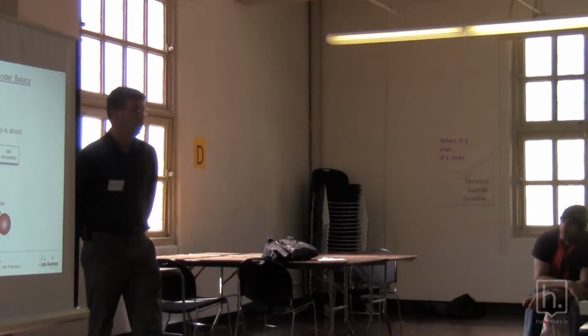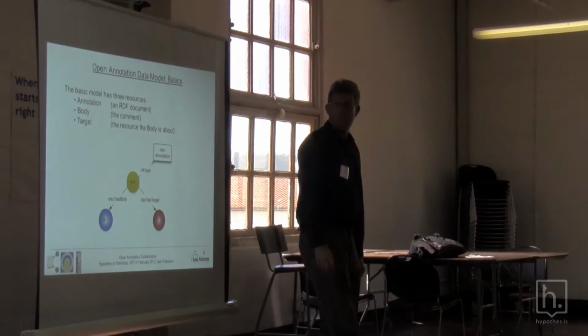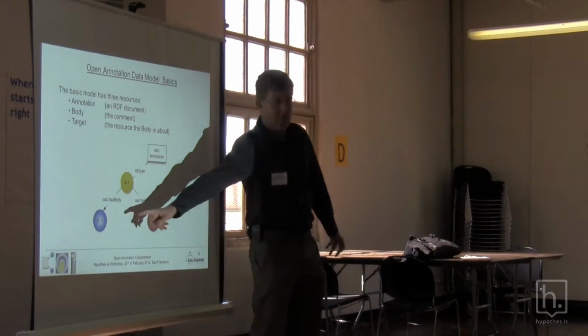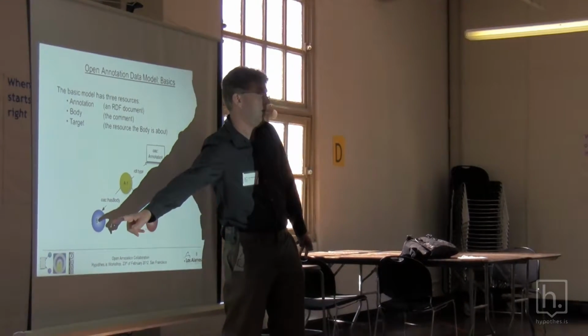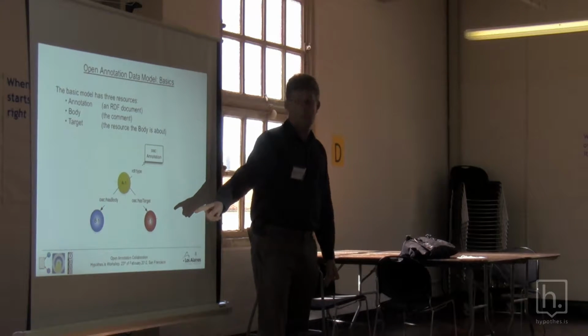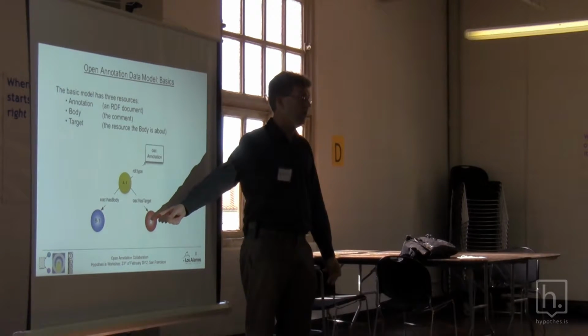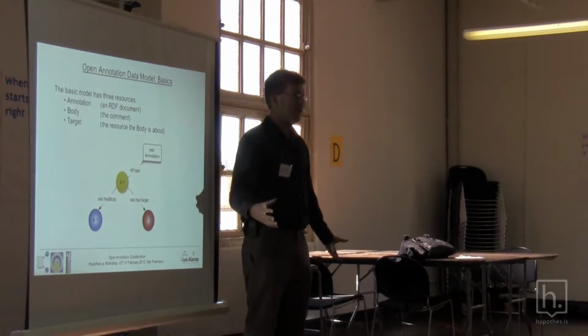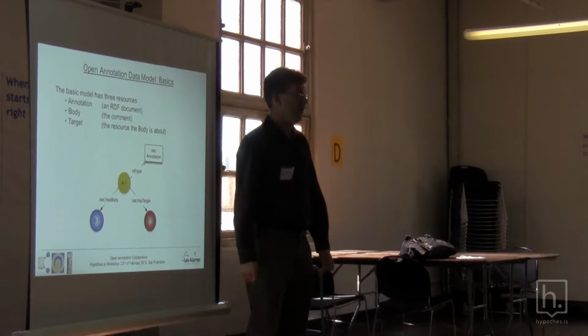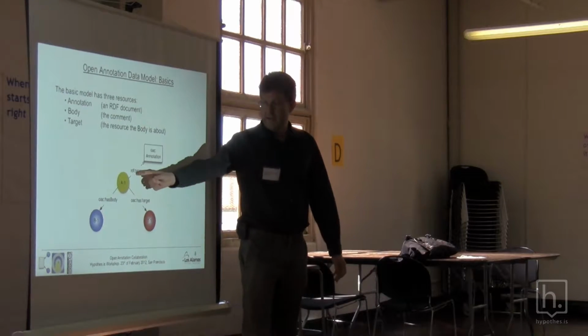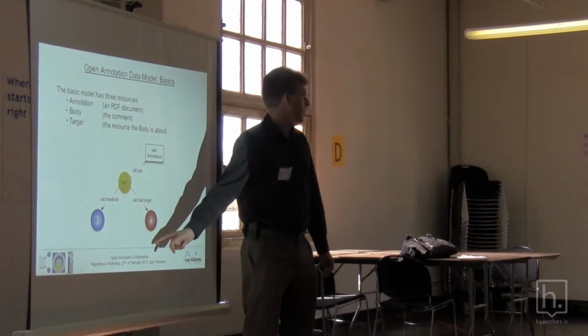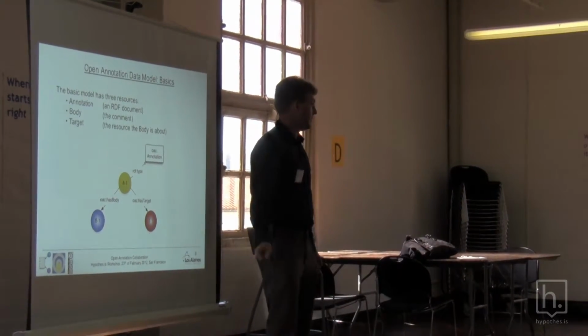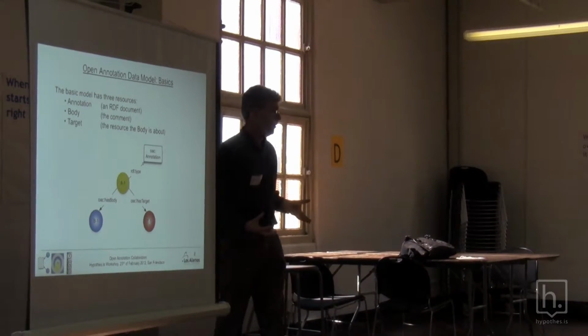So an annotation then has three basic components. You have the comment, the thing that someone is saying. That has to be about something. So here's the thing that it's about. And the annotation, which is the thing that actually instantiates that aboutness relationship. So the annotation says that this is about that. But all of those three things are individual resources. An